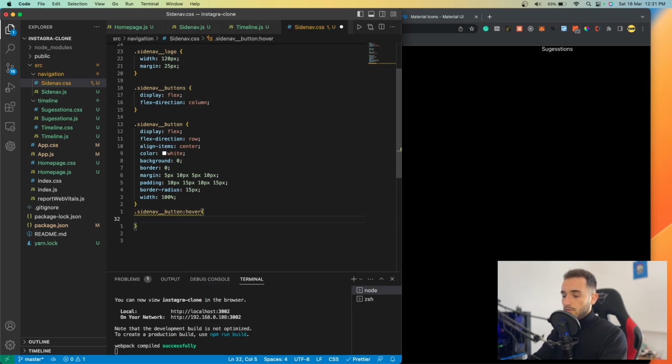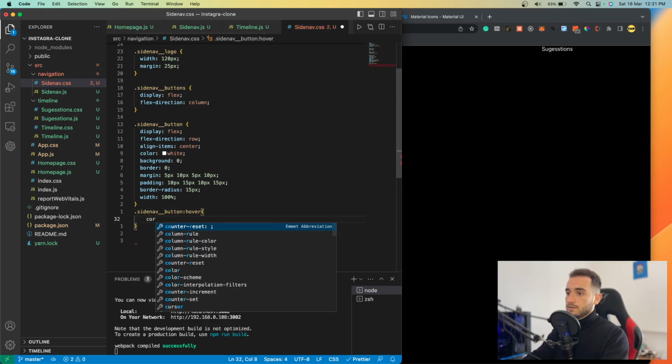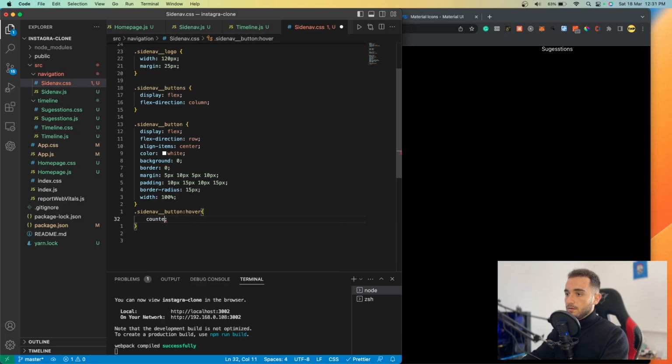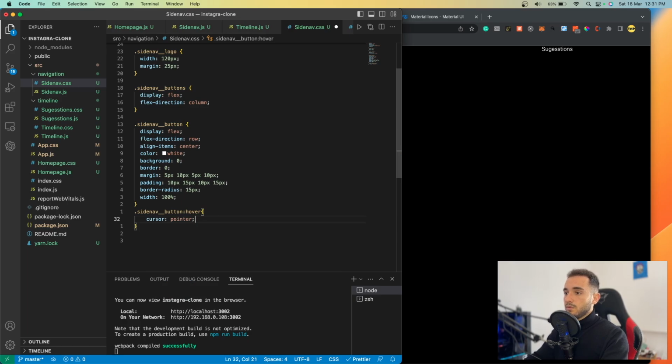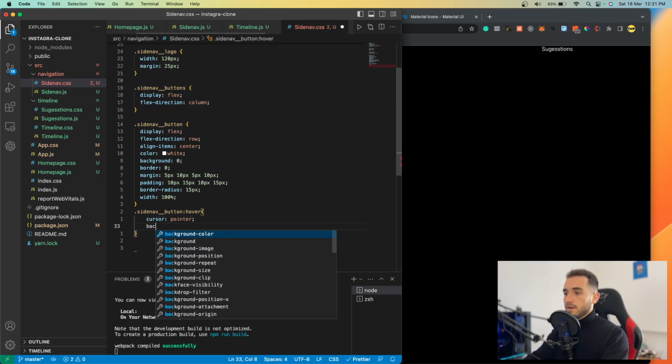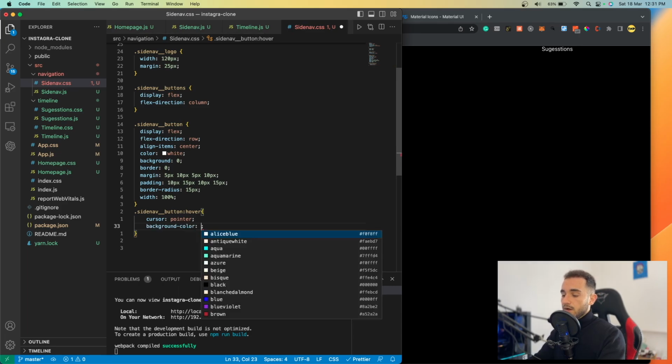And inside the hover, the cursor is going to be pointer, so it's going to be pointing on it when we hover it. And also we are going to add the background color, and the background color is going to be a transparent gray or black, and I will use RGBA, so